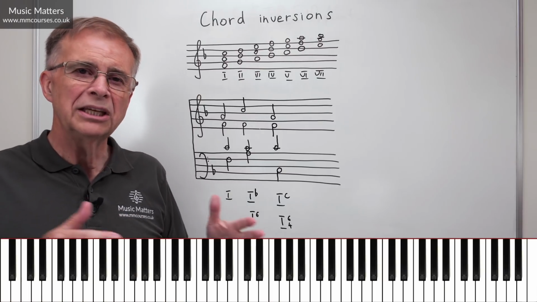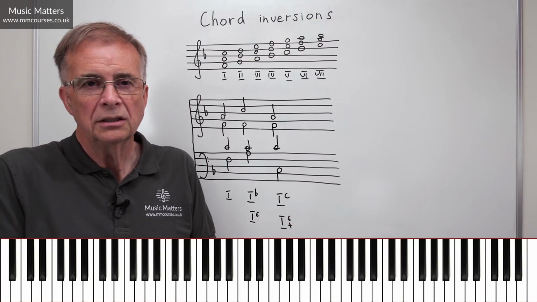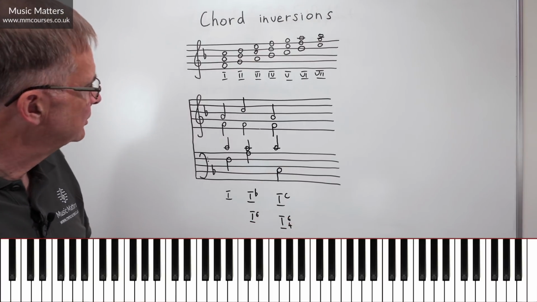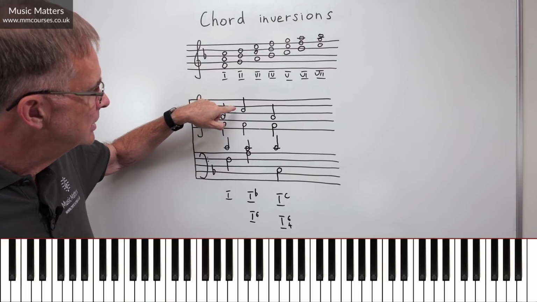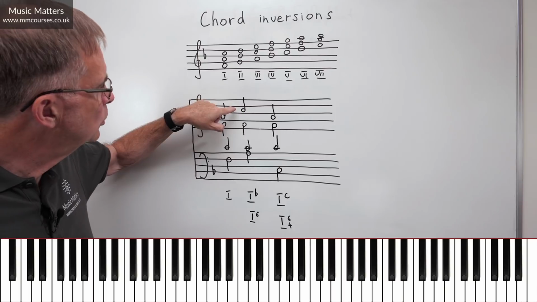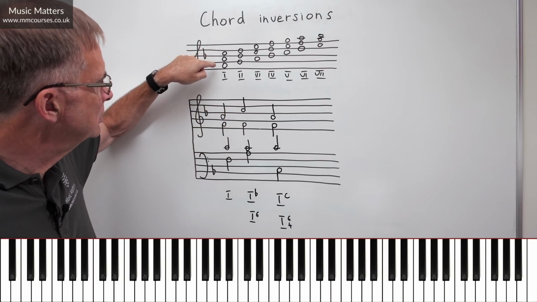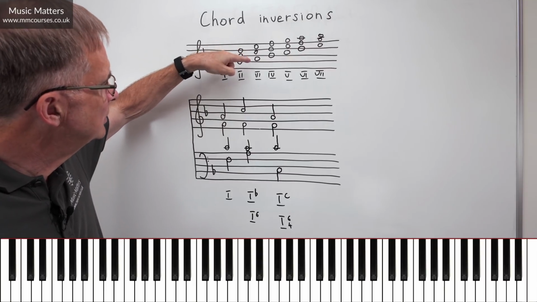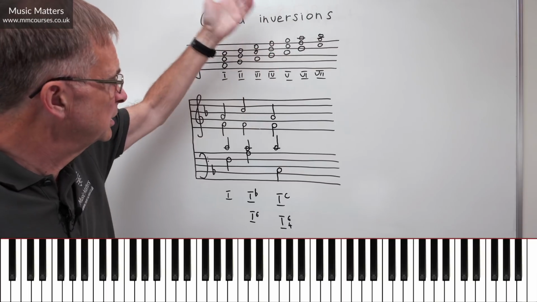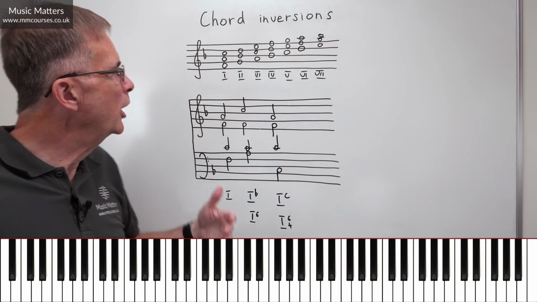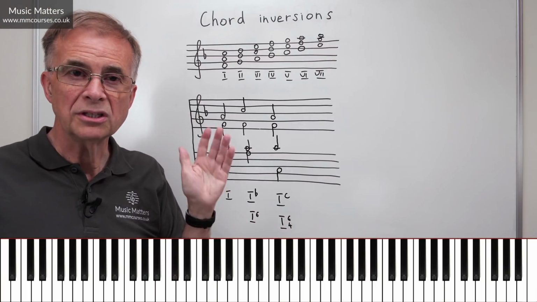So using inversions gives us a little bit of variety. It means we can change different things in different places. If I've got C in the soprano part for the second chord here, I can use chord 1 in any inversion, but C is also in chord 3, so I could use chord 3. C is also in chord 5, so I could use chord 5. And then you've not only got 3 chords you can choose from, but you've got 3 inversions for each of